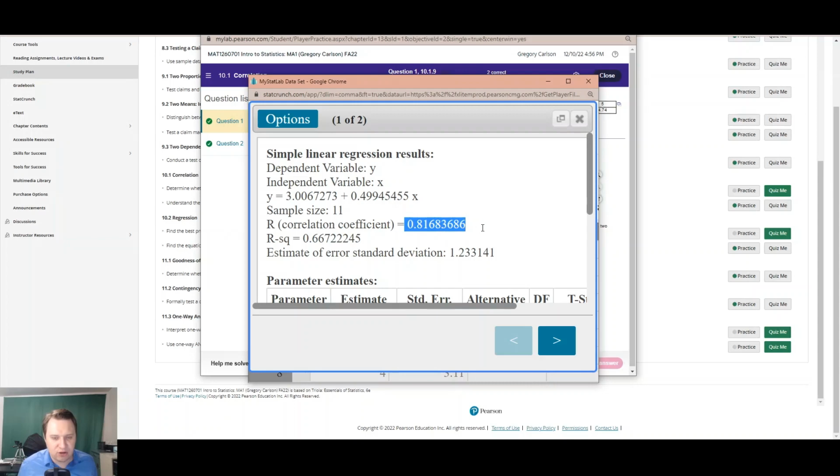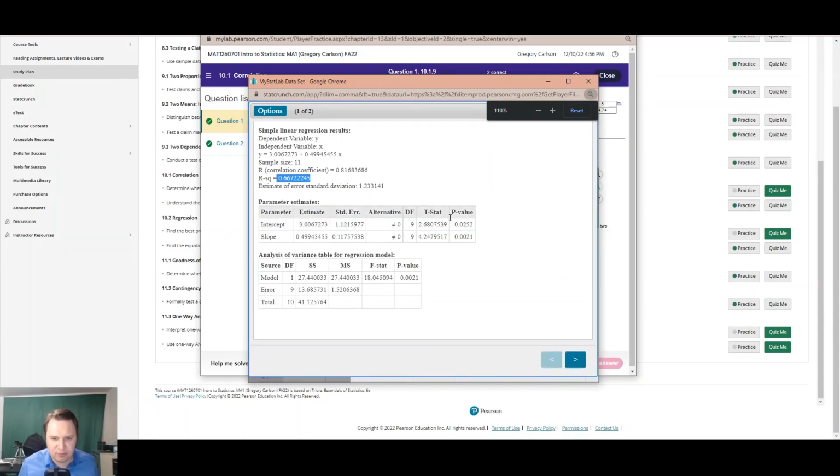So the correlation is positive, and so it tends to be that as the points get bigger, they both move. As one gets bigger, the other gets bigger, and certainly we saw that. The R squared says that this explains roughly 66-67% of the data, the line that they drew. And in fact, I think it's possible to look at their line. If I go back to Edit,